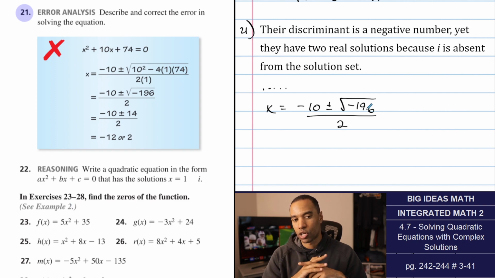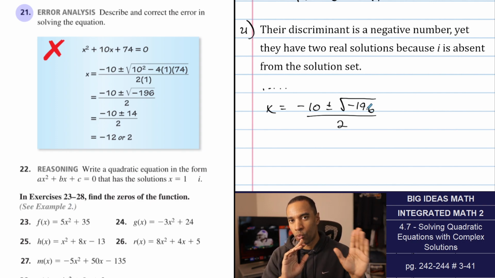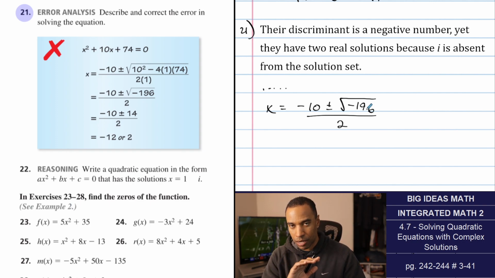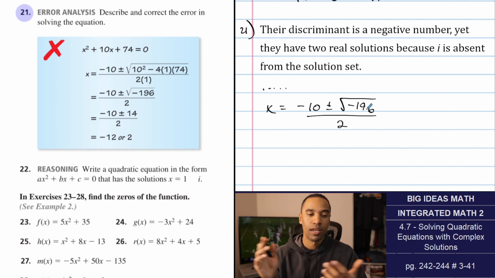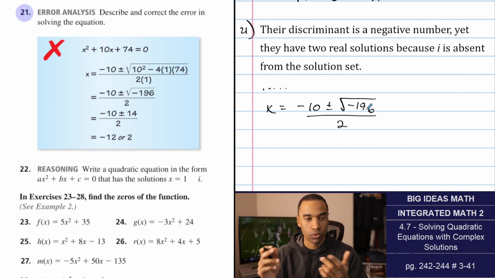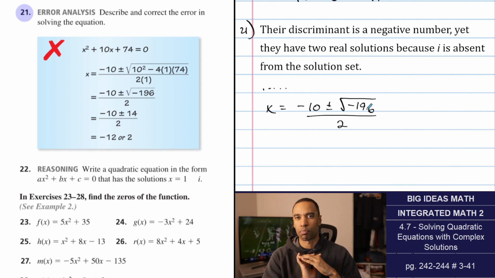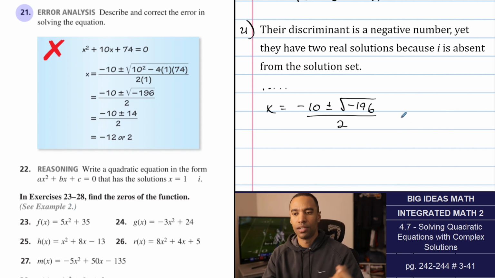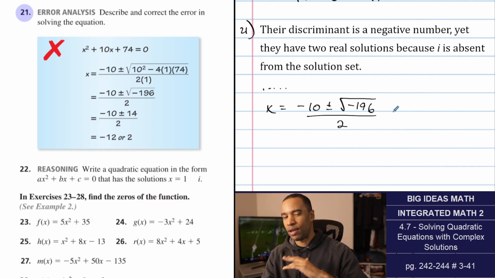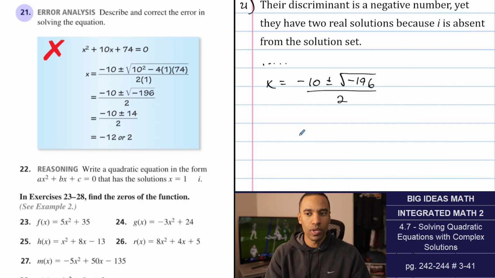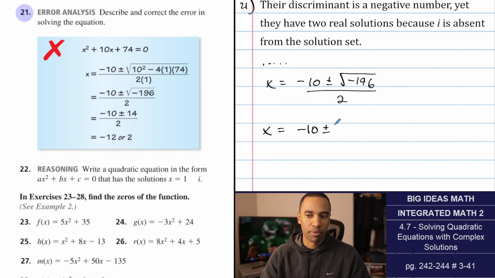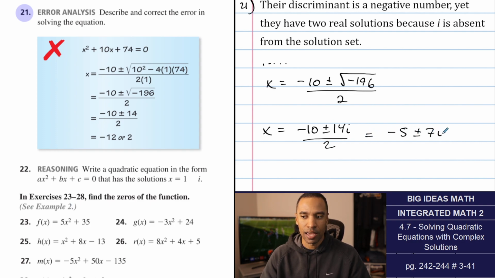What they did was correct thereafter. They kept going on the problem. You can do negative 10 plus 14 and combine it. It's 4. Negative 10 minus 14 is negative 24. Divide them by 2 and you get those answers. So they correctly went through the rest of the problem with the mistake. We can't combine an i with a non-i, so the best that we can do here on out is reduce the fraction. And so this will be plus or minus 14i over 2. Both of these can divide by 2, and we'll get negative 5 plus or minus 7i, but we can't go